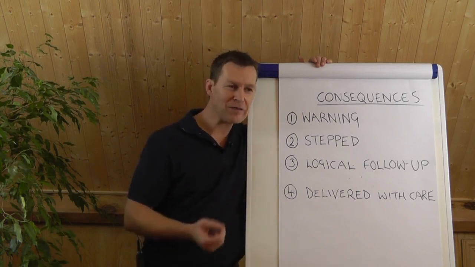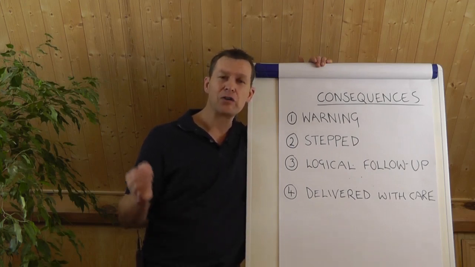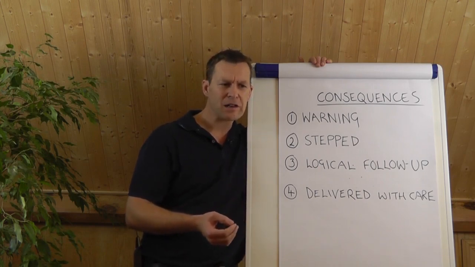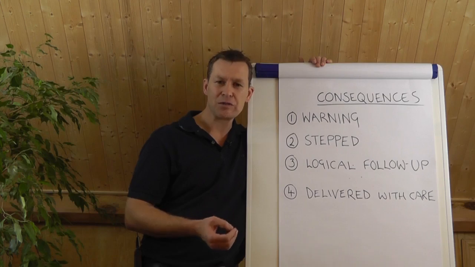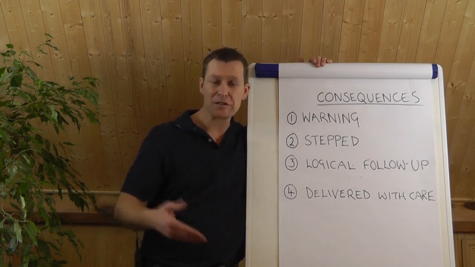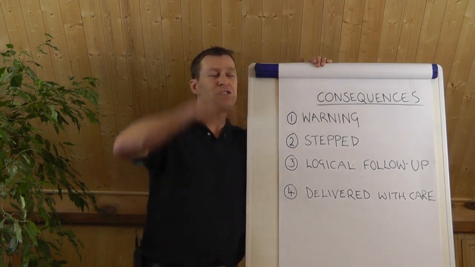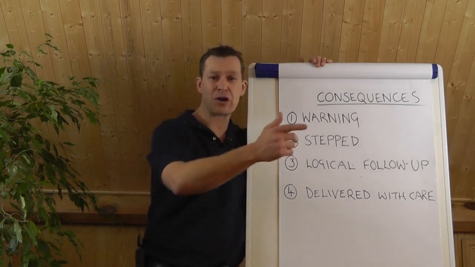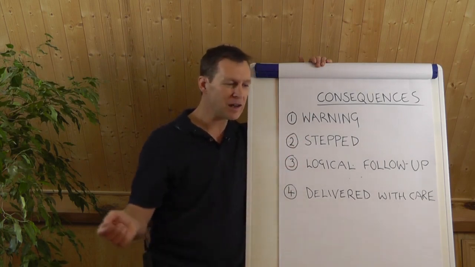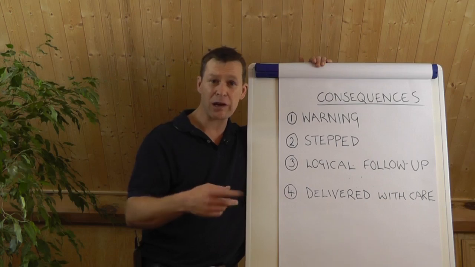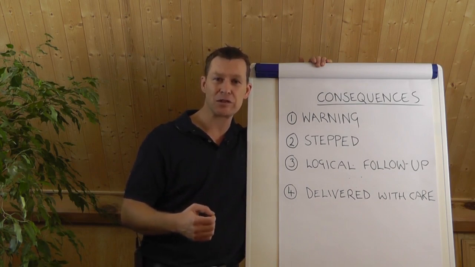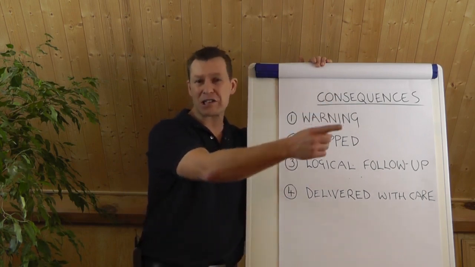And I was told that if behaviour got out of hand, if I struggled at any time, I could send a student out to the head teacher's office. Now, basically, that's what I used as my consequence for every single behaviour. I went from zero, where there's me talking normally like this and delivering the lesson, to shouting my head off and sending them out into the corridor to the head teacher's office in one jump. I had nothing in between. So whether they were throwing stuff around, or just talking when I was talking, or getting up out of their seats, or full-on fighting, it was exactly the same consequence. Get out! Go and see the head teacher!